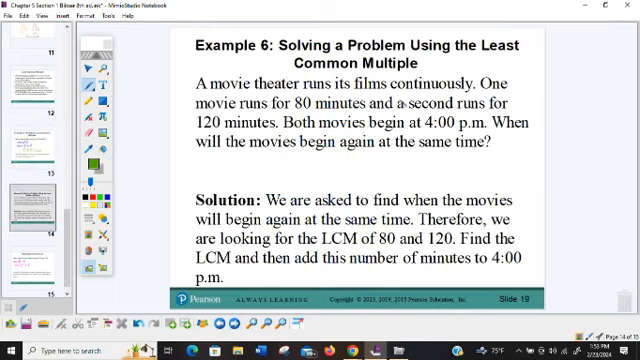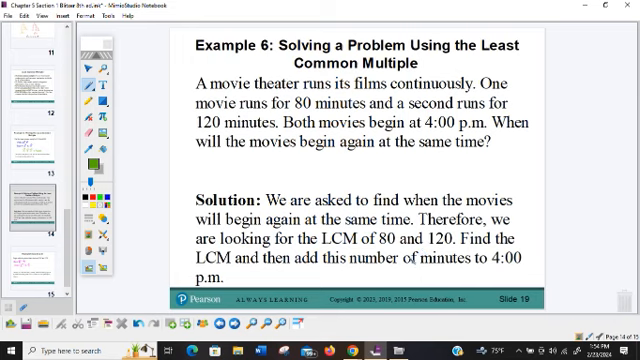It says a movie theater runs its films continuously. One movie runs for 80 minutes and the second runs for 120 minutes. Both movies begin at 4 p.m. When will the movies begin again at the same time? So what we're looking for is the least common multiple. The first time that both movies will start again at the same time will be the least common multiple of